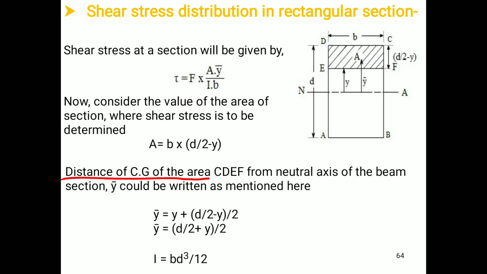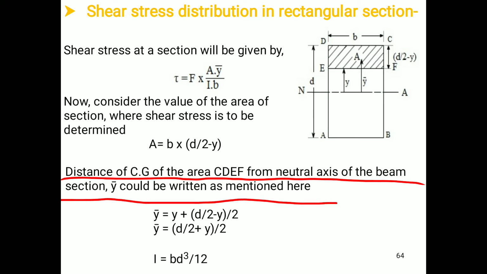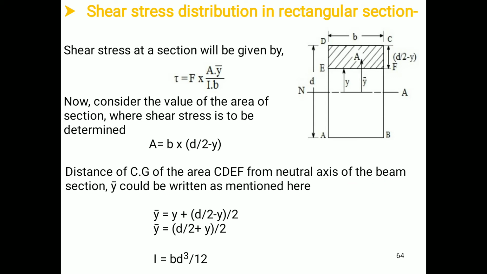Distance of the CG of the area CDEF from the neutral axis of the beam section, y bar, could be given as follows. Now we have to calculate the value of y bar. First of all, we have to determine the value of shear stress for a rectangular section. In that, we have F as a constant value. We have found the value of A. Now we will find the value of y bar. Y bar can be given by y plus (d by 2 minus y) whole upon 2, because y bar will be this distance. This distance is nothing but y bar. Therefore, it can be given by this y